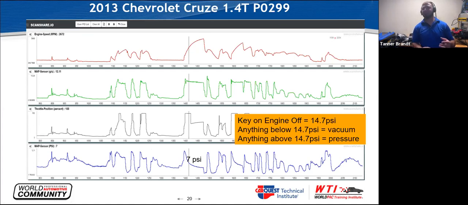We'll go through a case study quick to get you thinking about that. So this is a 2013 Cruze with a P0299. This is a low boost code. Key on engine off on these is